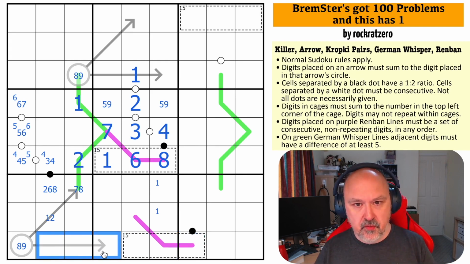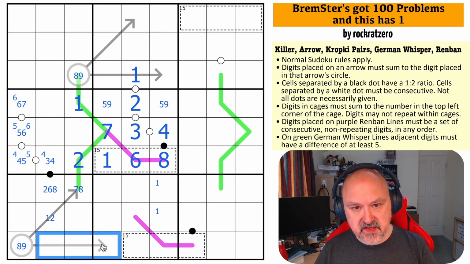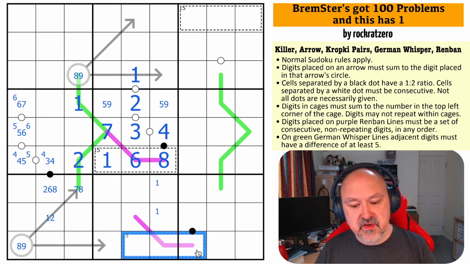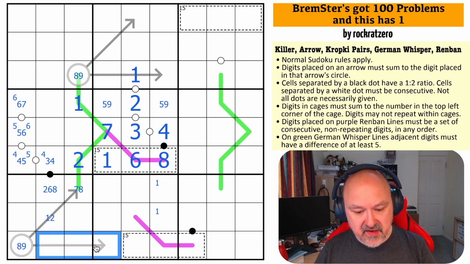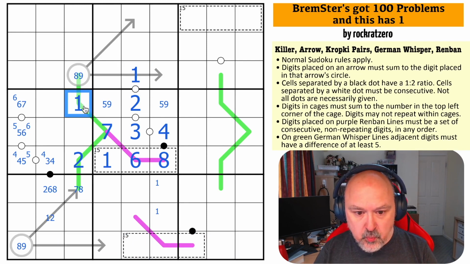If this is 2, 3, 4, I've used 2 of the low digits and 1 of the middle digits. So it couldn't be 4, 5, 6, because 4, 5, 6 is all 3 middle digits, and I've used a middle digit here, and I've used 2 and 3, so I would need to use a 1 in this. But I couldn't put 1 on the Renban line, because I've already discussed this. If I put 1 on a Renban line here, this would have 1, 3, and this would have to be an 11. That's not going to work. So I have to put 1 in this cage, because 2 and 3 are not available, and I can't use 4, 5, 6. And the 1 would have to go there, because I couldn't put it on the Renban line, and that's not possible. So there must be a 1 on this line,